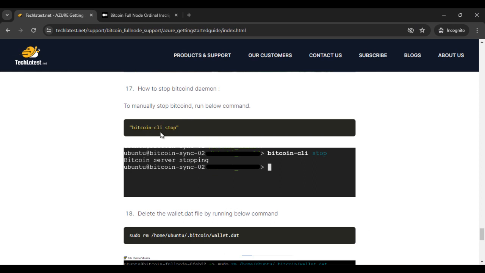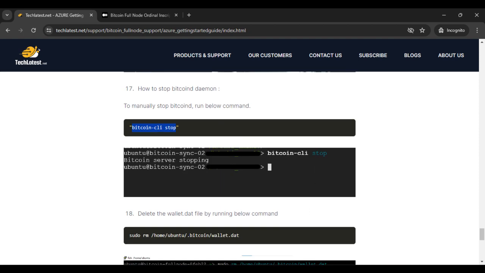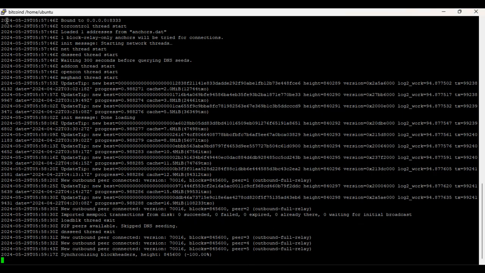And if you want to know how to stop the Bitcoin daemon, to manually stop Bitcoin, run the below command, which is bitcoin-cli stop. If you run this command, your daemon and all the Bitcoin processes are stopped. Okay, so what do we have to do next? Again, go on terminal and